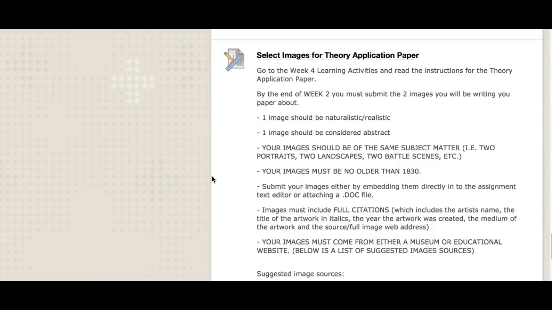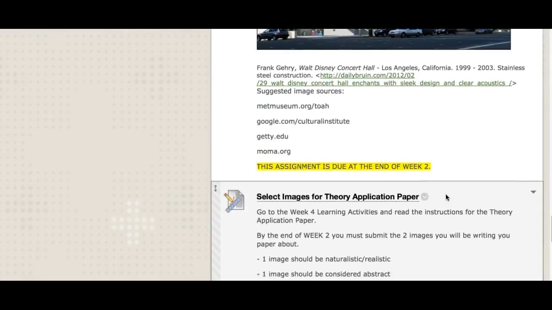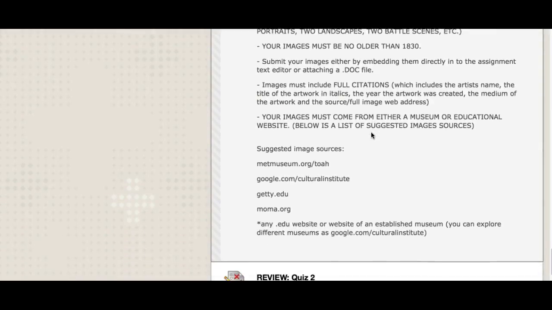Your images should come from either a museum or educational website. This is really important. So this whole section right here. Below is a list of suggested image resources. So it's a lot of the same sources that I give you for the mini art cyclopedia assignment. So Met Museum, the Cultural Institute from Google, if you go to the Art Project, the Getty Museum, the Museum of Modern Art. You could go to